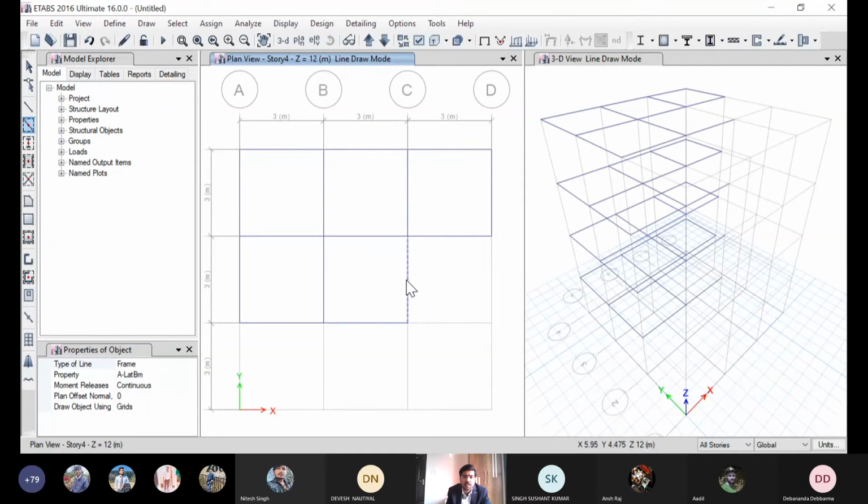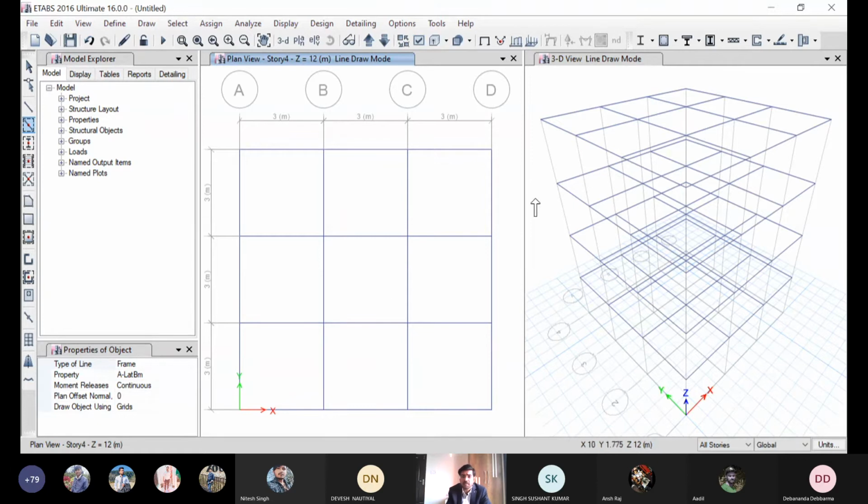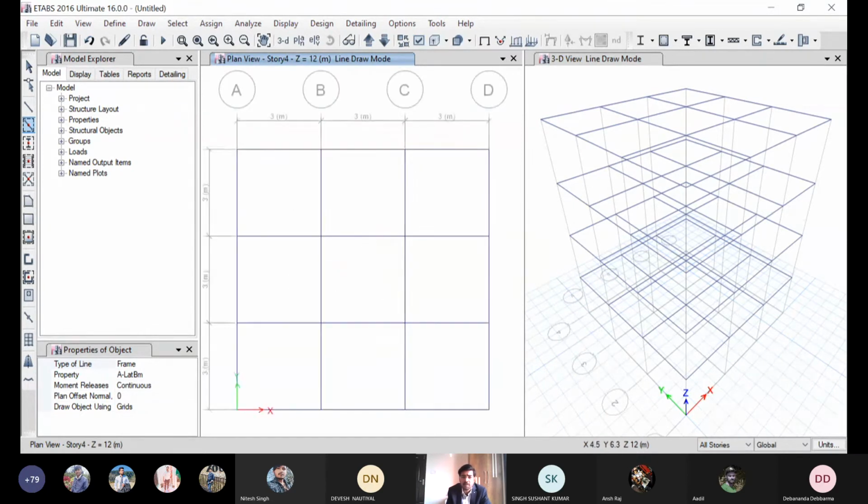I'll make one structure and then I'll explain everything, the different possibilities, and how to draw this on your own. These are the beams we drew. All the beams are made.